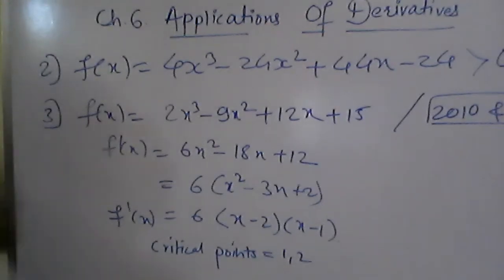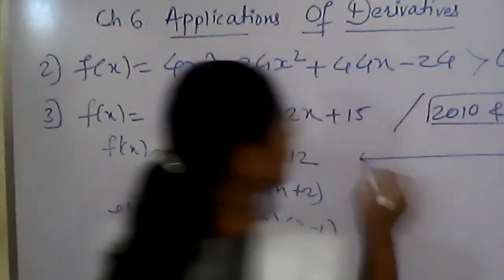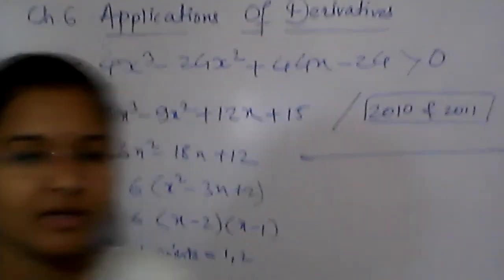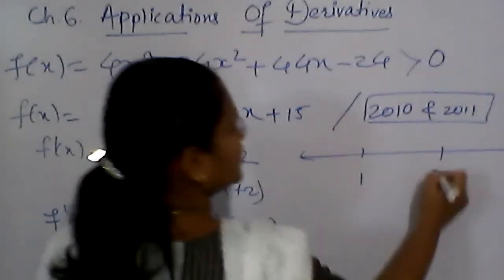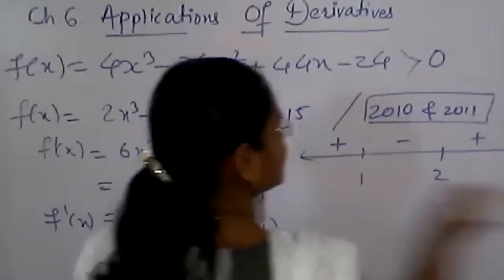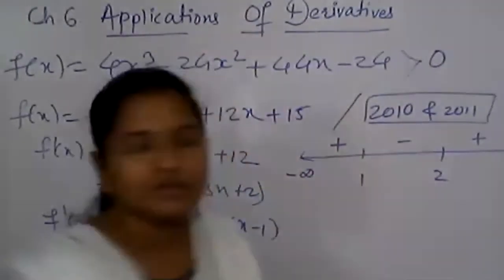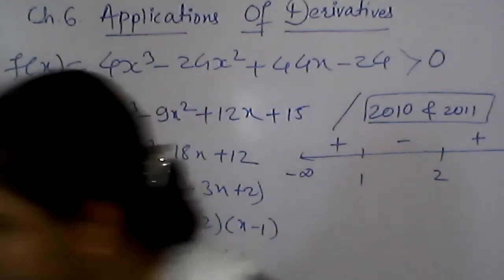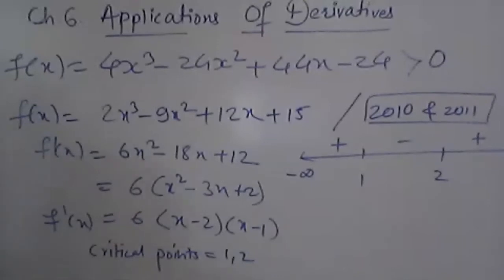Okay, so what will we have now? I will not make the chart every time. If it comes in the board exam, you have to write that decision making table. So here 1, 2, right. Ma'am, that chart is for how many marks? Suraj, now see, if this question comes for 6 marks, okay, I will check now for how many marks this question has come. In RD Sharma, they have just given the year. We will see now in which. Just a minute. 2010.